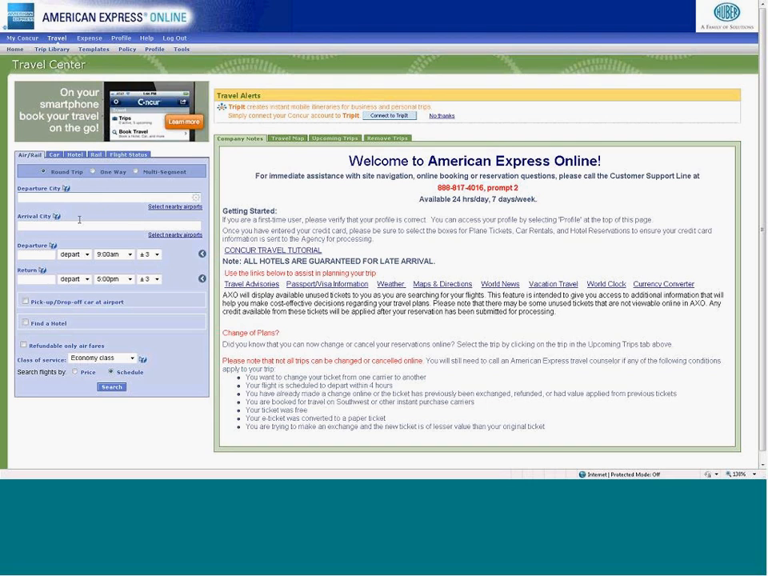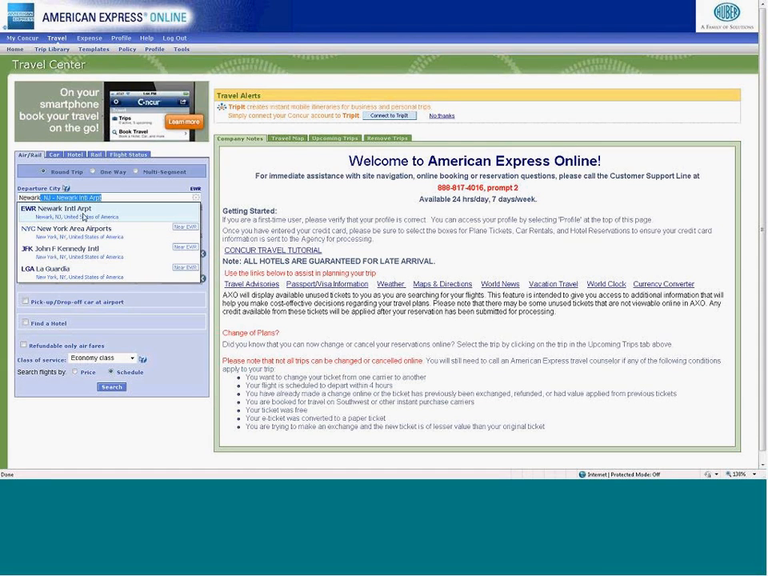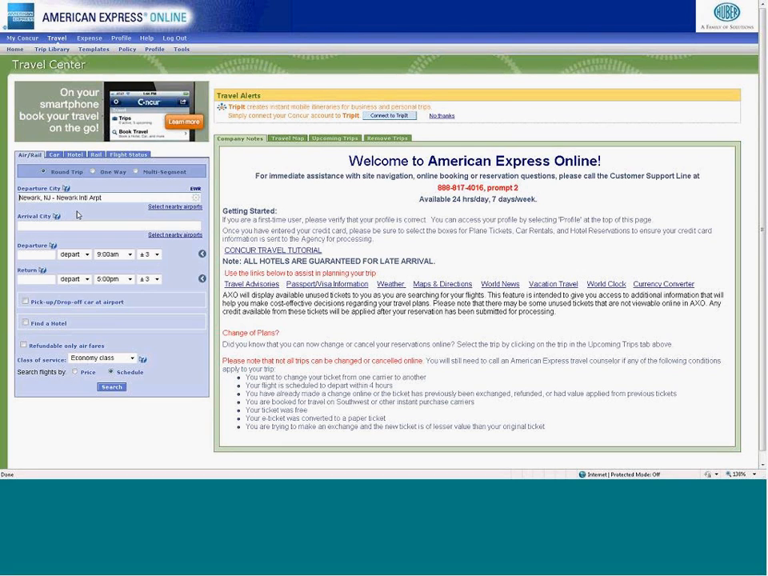the next thing I'm going to do is enter either the city name or the airport code. So I was leaving Newark, and it'll show me all the airports, or I select the particular airport I'm wanting to fly out of. I'm going to do the same for my arrival city, and in this example, I'm going to Atlanta. I'm going to enter my departure date